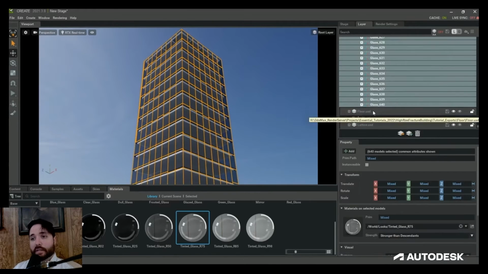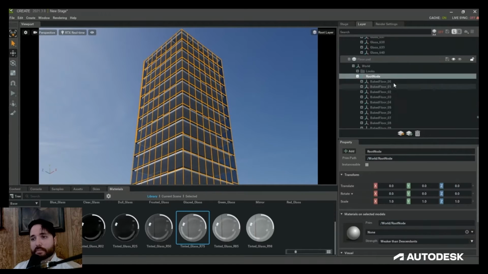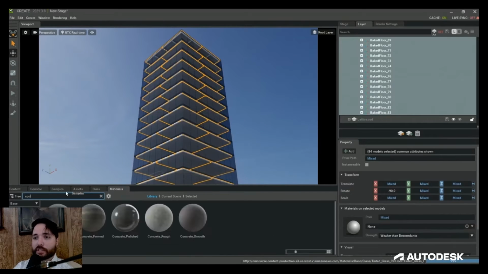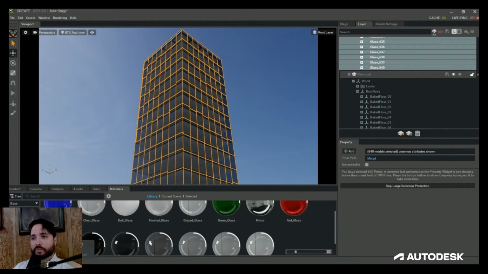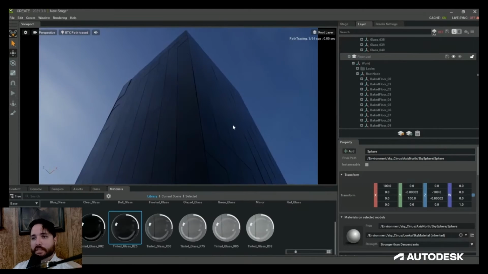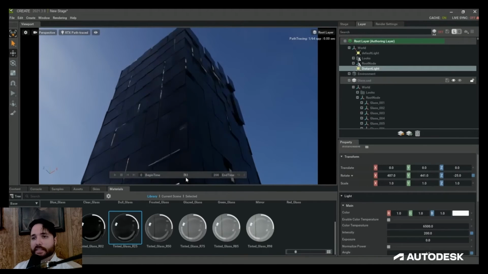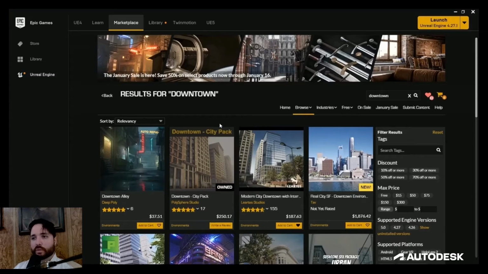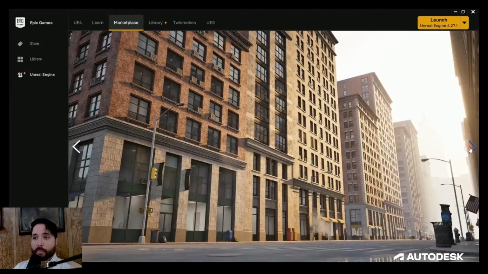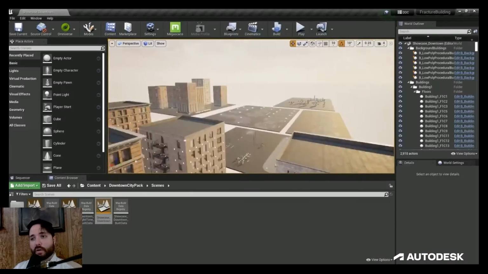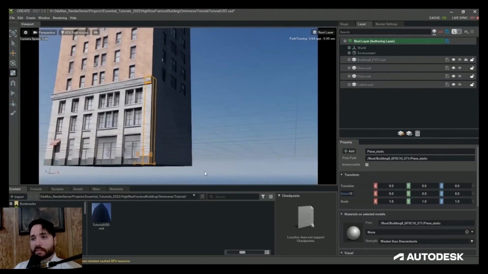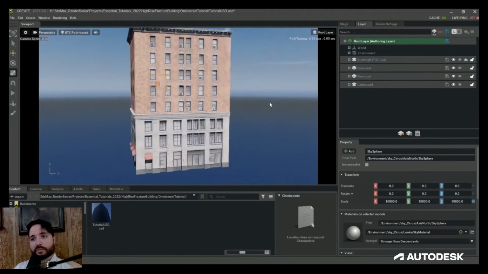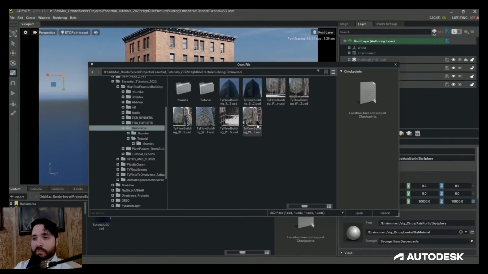Now, I mainly played around with HDR lighting and material presets, and then moved into Unreal Engine to populate the rest of my scene. So I found this downtown 3D model on the Unreal Engine Marketplace that I really wanted to use, as everything was nicely textured and ready to work with. Exporting these building assets was very easy. By using the Unreal Engine connector, all I had to do was right-click on an asset and then click Export to Omniverse. And then all of the shaders and the materials were brought in and were ready to use.